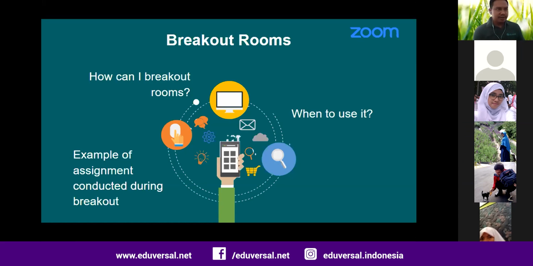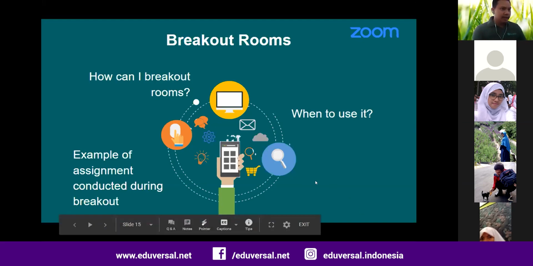For example, you have 20 students: the first 5 access quizzes, the next 5 write a small assignment, and the other groups access another tool or website. Or if you want small groups doing collaborative work, you can also use breakout rooms.